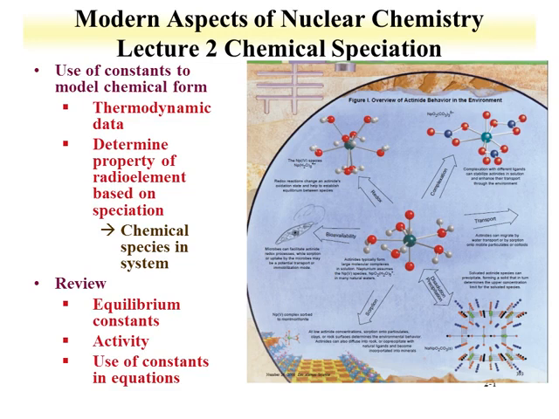Welcome to the second lecture for Modern Aspects of Nuclear Chemistry. This lecture is on chemical speciation. The use of constants to model chemical form will be described in this lecture. We'll primarily be using thermodynamic data, and the reason that speciation is important is that it determines the property of